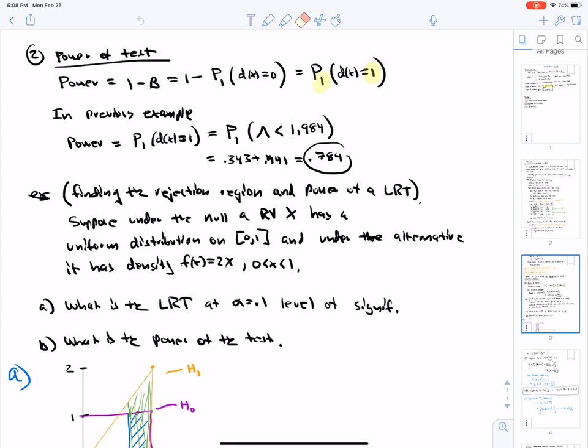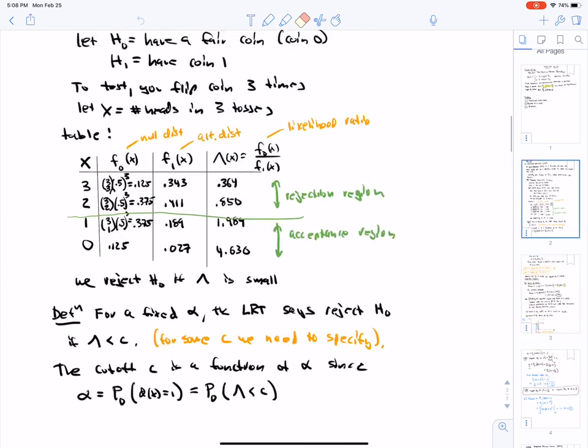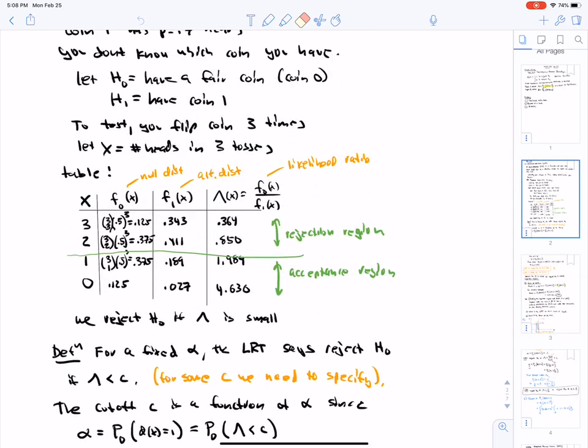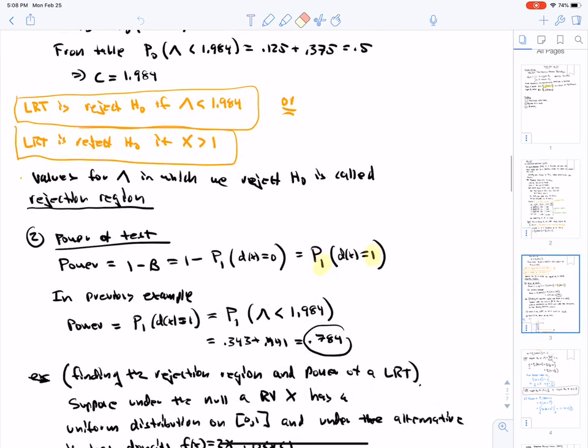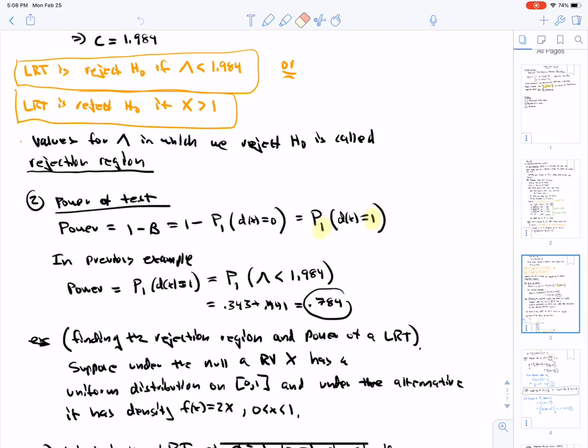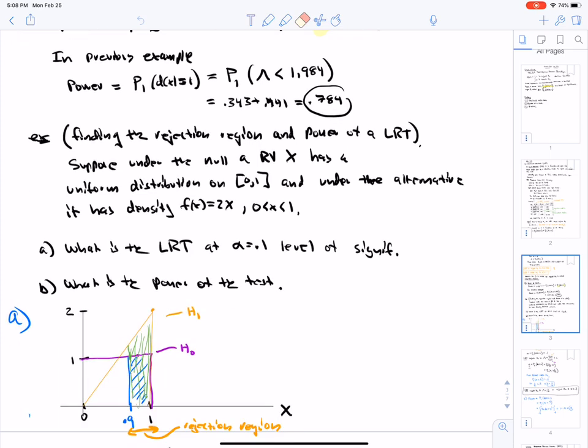So in the previous example, what is the power, the probability under the alternative distribution that lambda is less than 1.984? Well, you can see here it's 0.343 plus 0.411, so that's 0.784. So next we're going to look at an example where we're going to find the rejection region